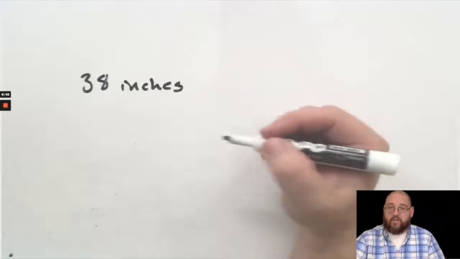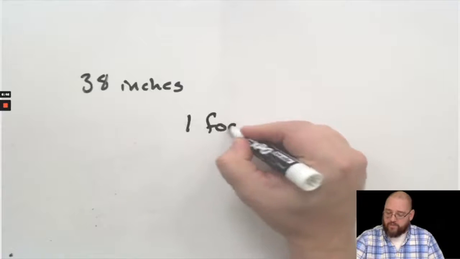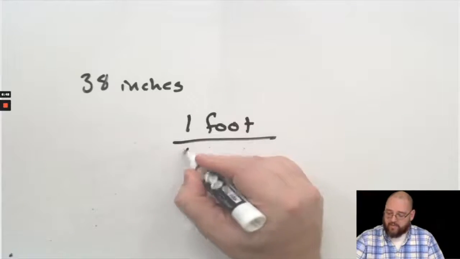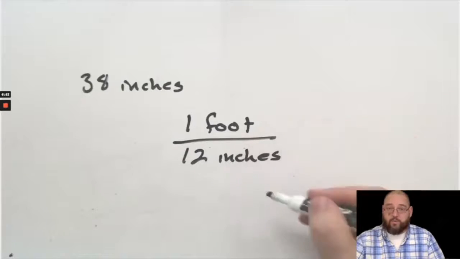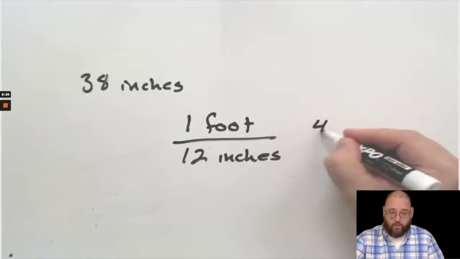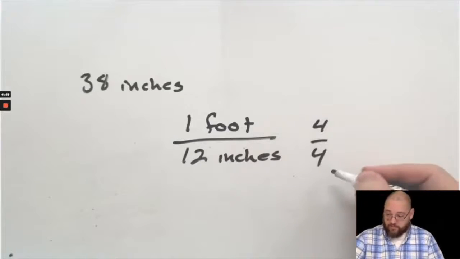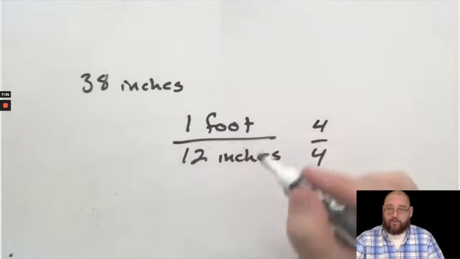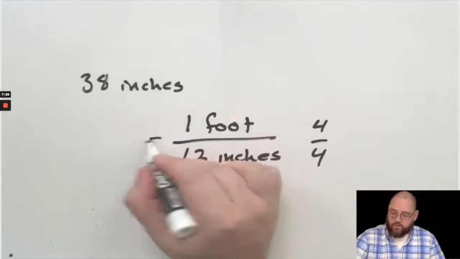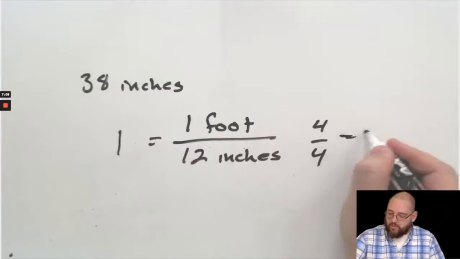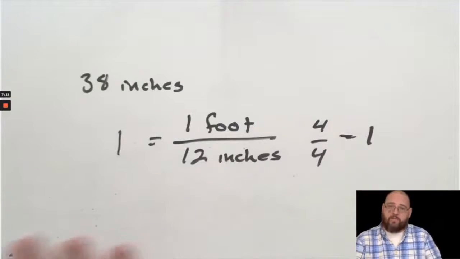Well, I know that 1 foot equals 12 inches. So 1 foot divided by 12 inches, it's a fraction of equal quantities. Just like 4 over 4 equals 1, because 4 equals 4. If 1 foot equals 12 inches, then 1 foot over 12 inches equals 1. This equals 1. So we're multiplying by the right amount of 1 is the way I want to talk about